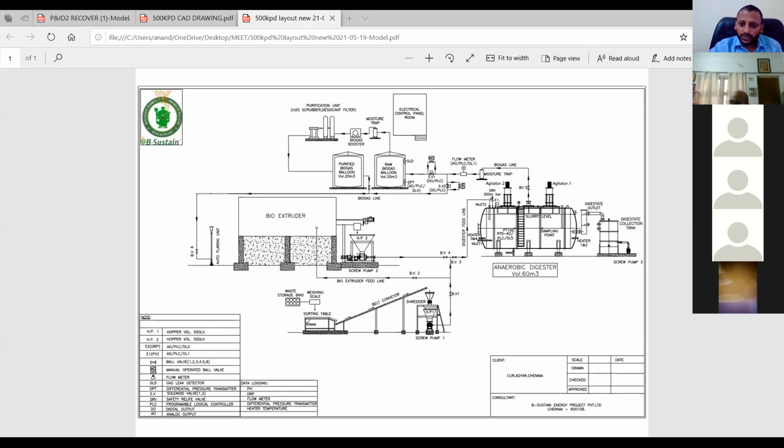Four heaters are installed at the bottom of the digester to maintain the digester temperature, and it is insulated outside. Then there is the digestate overflow, and the gas generated is passed through the moisture trap. The gas is measured using an ultrasonic flow meter. After this we use auto operated valves to divert the gas to the flaring unit when the storage balloon is full.